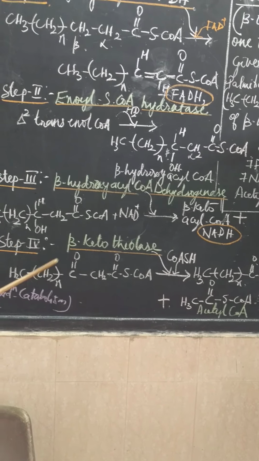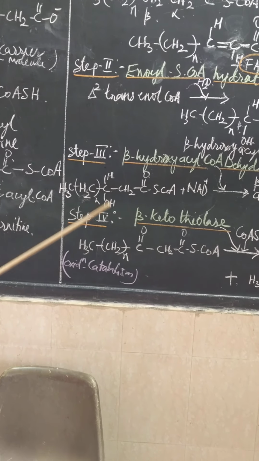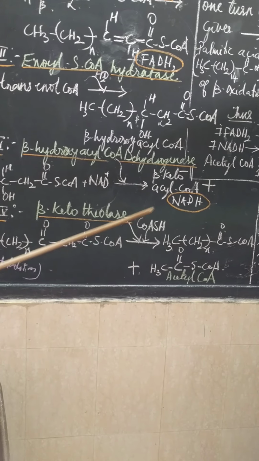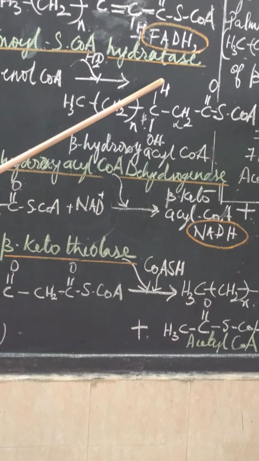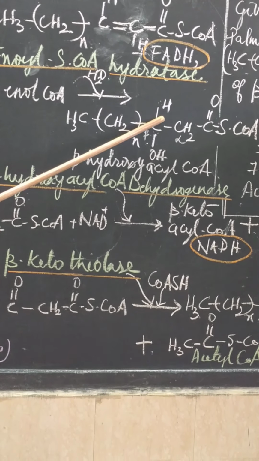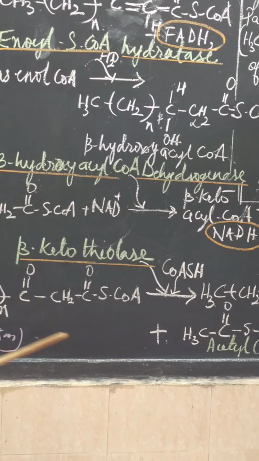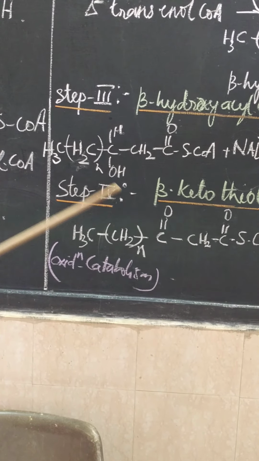So we come to step 4 now, because it has removed hydrogens. What has it formed? It has formed a beta ketoacyl-CoA. Now if I remove 2 hydrogens from here and here, what did I get? These electrons are moved, therefore I have got a keto group. That's what I have shown you here. There is a keto group that is formed. So in my step 4,